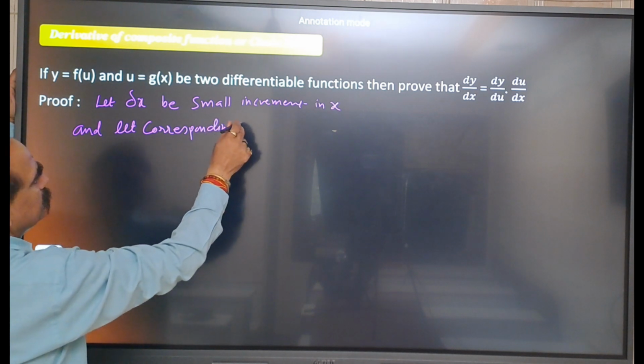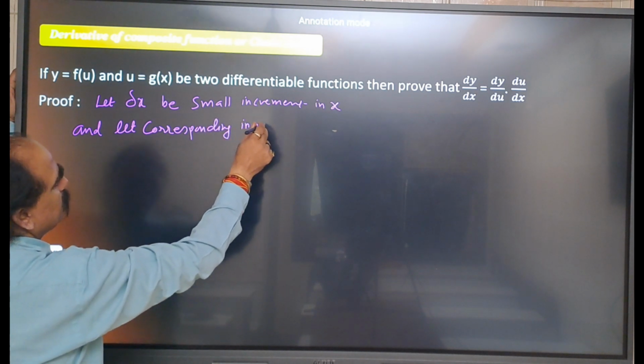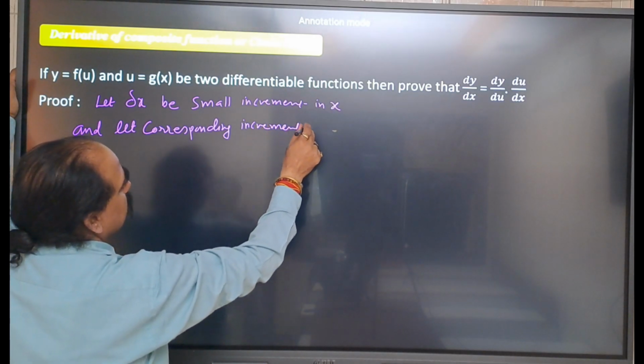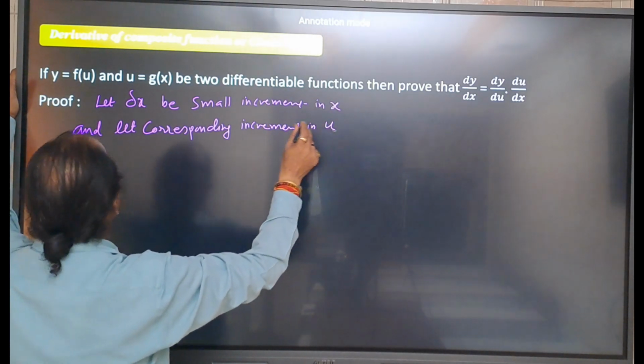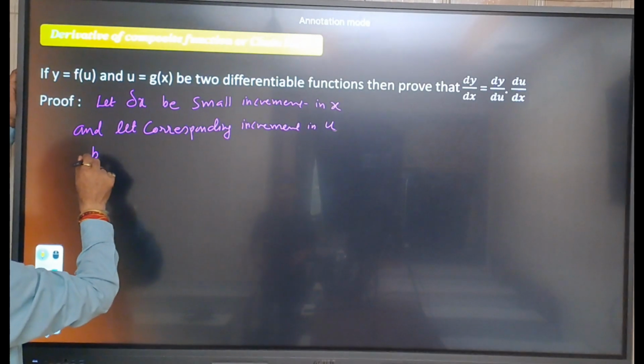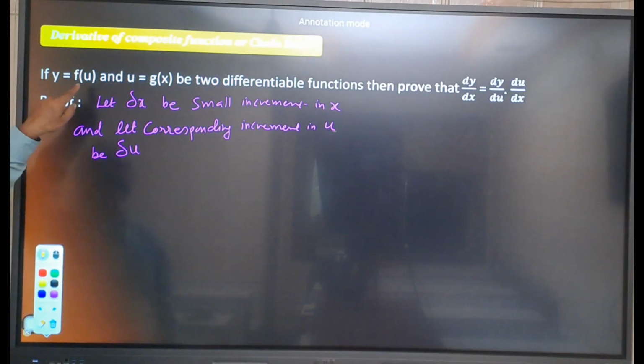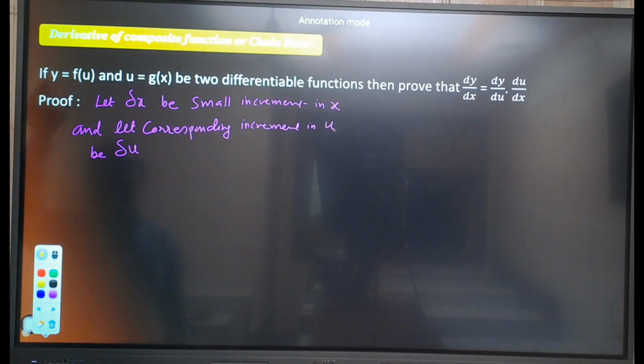Corresponding increment in u be delta u, and if there is increment delta u in u, there will be increment delta y in y,